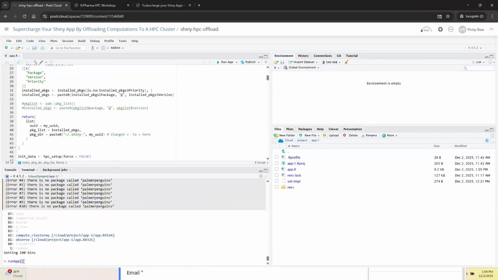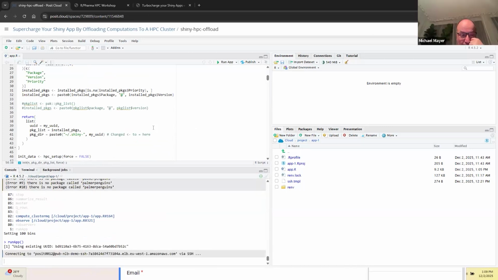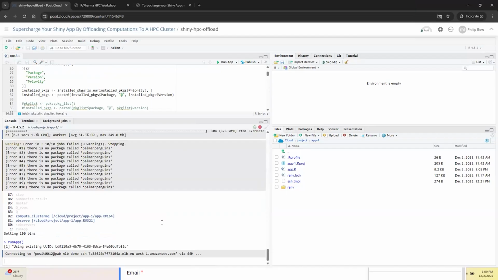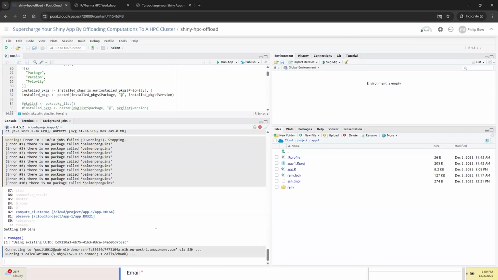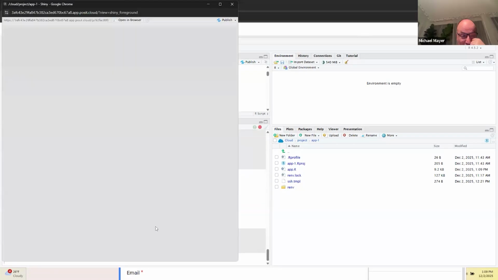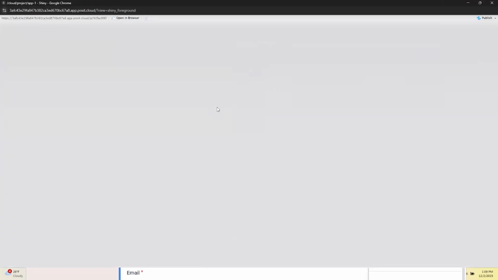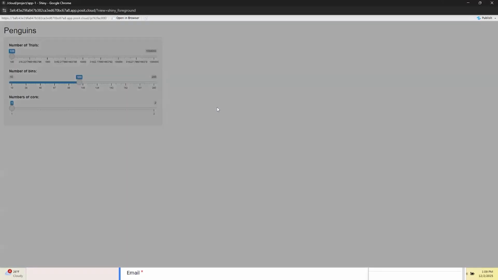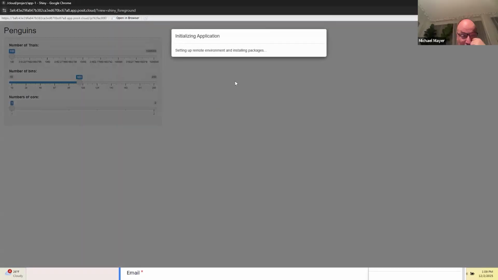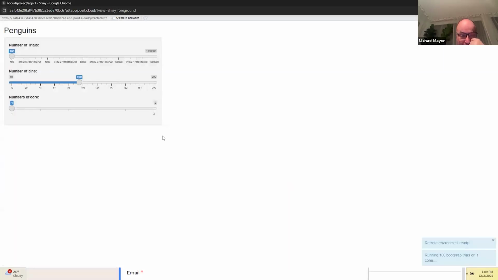Okay. So I think I've got it up here. I can just run the app. Yeah, exactly. That's it. Should now reload that. Here's the app. Very good. So setting up the R environment, that's good. And it's doing